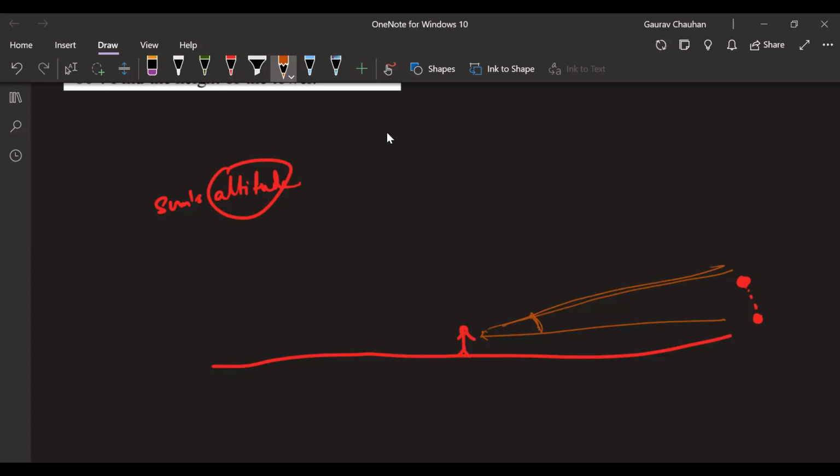And if it is a very big ground and there are no buildings and all, you will start seeing the sun at 1 degree only. But there might be buildings, so maybe you start seeing the sun at around 10 degrees, 15 degrees. I don't know when. As the sun keeps moving, the angle at which you see the sun with respect to the horizontal keeps on increasing. So right now, maybe it's 10 o'clock in the morning and you're seeing the sun at a 30-degree angle.